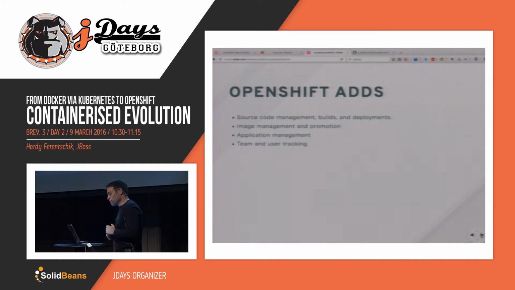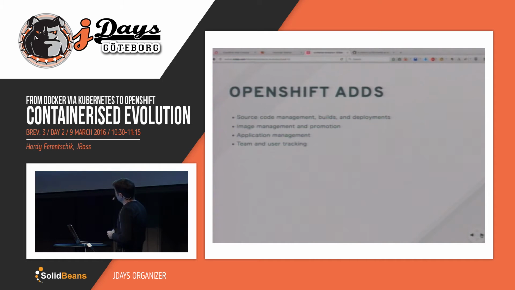It's also things like image management and promotion. OpenShift has this concept of image streams, for example, where you define, okay, here's my image stream for a given application. If a new image for this application is pushed, I will automatically deploy it; one configuration option is to do this automatically. As soon as an image becomes available, I will deploy this new image. And if it works, it's fine. If it doesn't work, you can then manually roll back to the previous image.